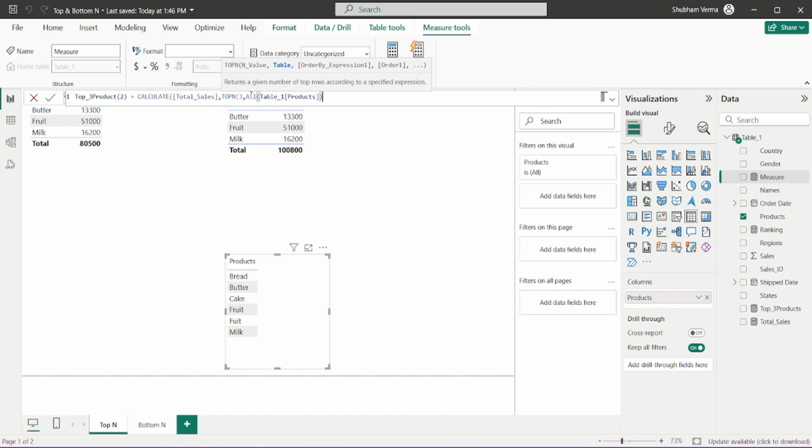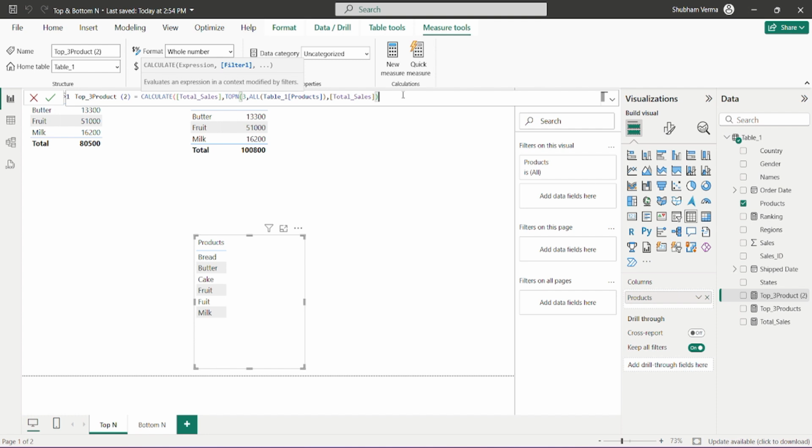So this is the main catch of this formula, guys. Under the table parameter, you need to take that column name where you want to apply the ranking with the ALL function, comma, and under the order by expression, we need to calculate the sales. So again I will use the same measure, which is Total Sales. And now let's close this bracket for CALCULATE. So what we have written under this formula is simply CALCULATE sum of sales of top 3 products. That means if you apply this formula under this table visual, it will give you the sum of top 3 products, which is